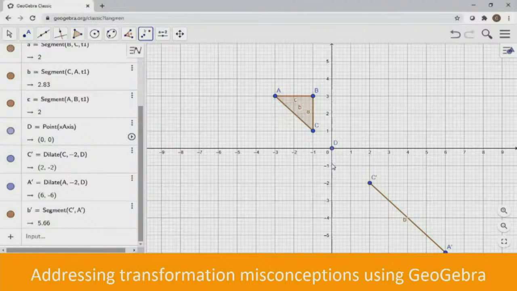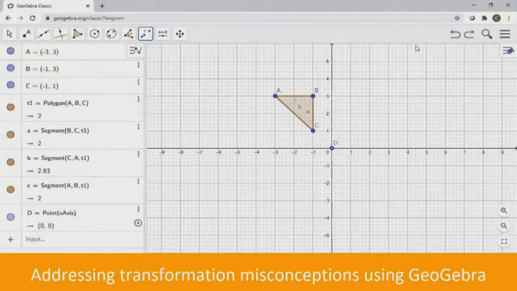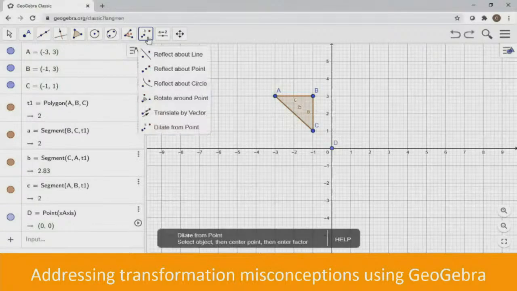And all I'm seeing there is a line segment. It means that the entire polygon was not selected. So I'm going to have to undo, press undo, and I'll have to go again. So I'm going to go back to my transformation tool. I'll select dilate from a point,